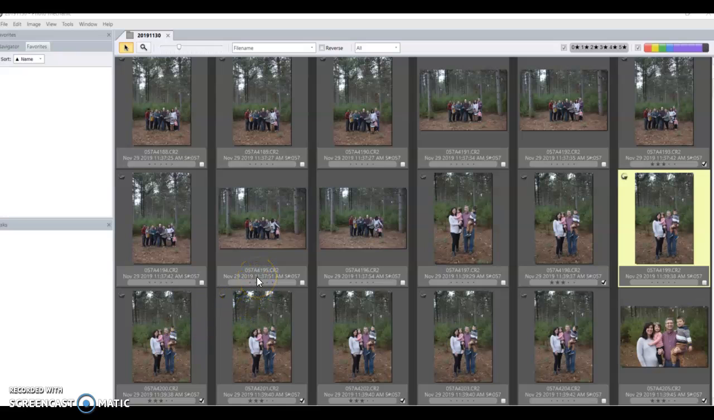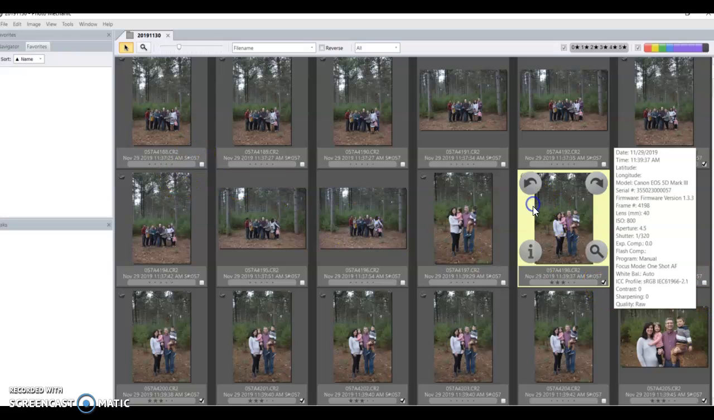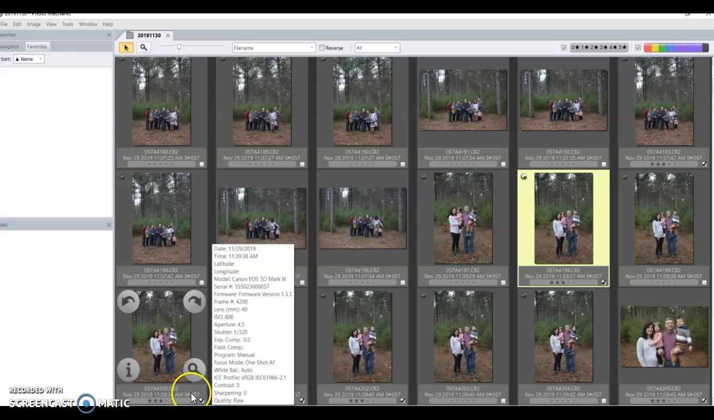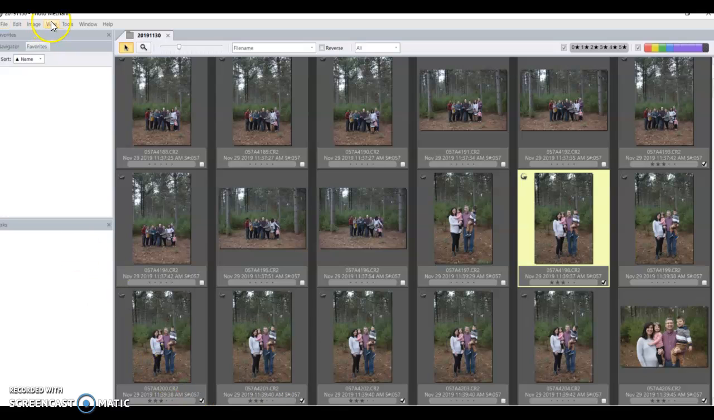Okay, so please tell me what I'm doing wrong, because I have selected all these photos with the tag. See, here's a tag. This one's tagged. This one's tagged. This one's tagged. And then I tried to select all the tagged ones and move it over to Lightroom, and